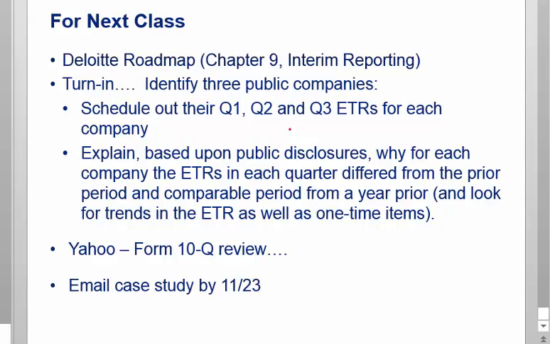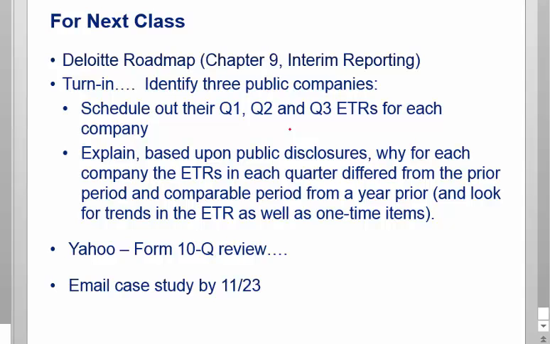So I'll give you an example, like Intuit. That was one of our homework assignments earlier in the course. If you want to look at one where it moves around, pick up theirs. It always moves around, and it moves around for the same reason every year. Quarter over quarter, it's volatile, even though at the year end, it's very steady year after year. There's a very clear reason why that's the case. But I think you'll find it very hard to understand that. I can't recall what's in the public disclosures. I think there's like a little nugget.